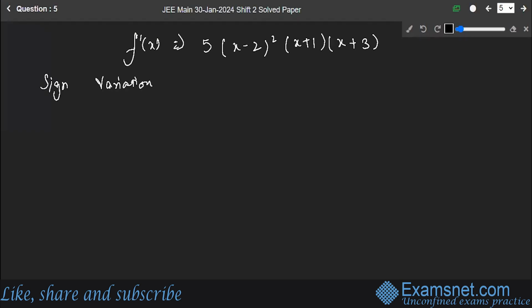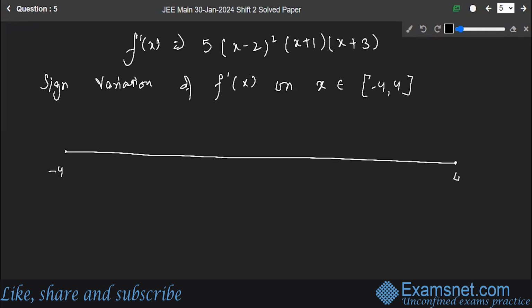Now the sign variation of this first derivative on the given interval x belonging to minus 4 to 4 is from here, this is minus 4. This is your line till 4. This is minus 3, minus 1, 0, 1, 2, and 3. So from this side this is negative, it lies positive in this interval, negative in this interval, and from here it will go on to be positive, positive only. Okay. So by the first derivative test,